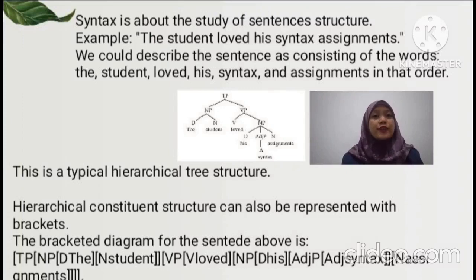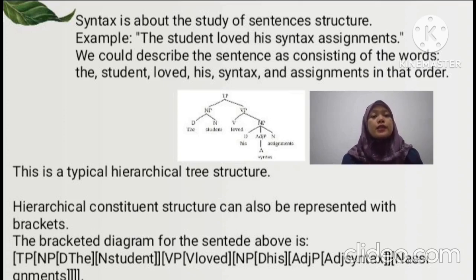Now we try to draw the tree structure of the sentence. The student loved his syntax assignment. We could describe the sentence as consisting of the words the, student, loved, his, syntax, and assignment, in that order. This is a typical hierarchical tree structure. The sentence constituent, represented by the symbol TP,